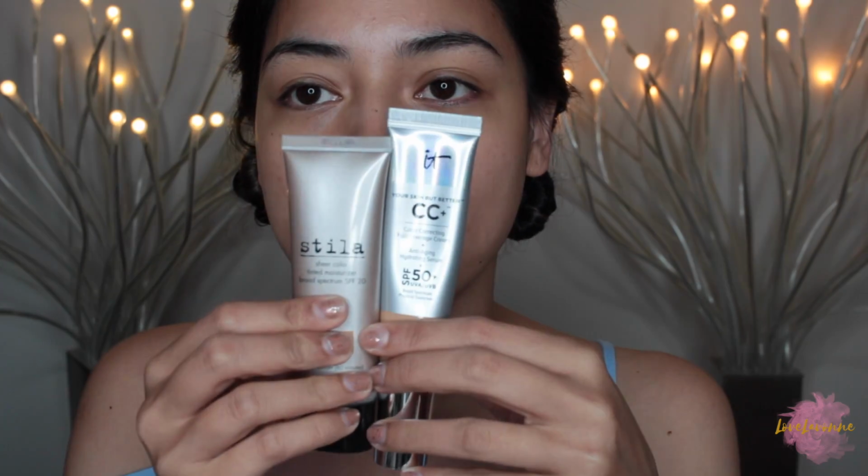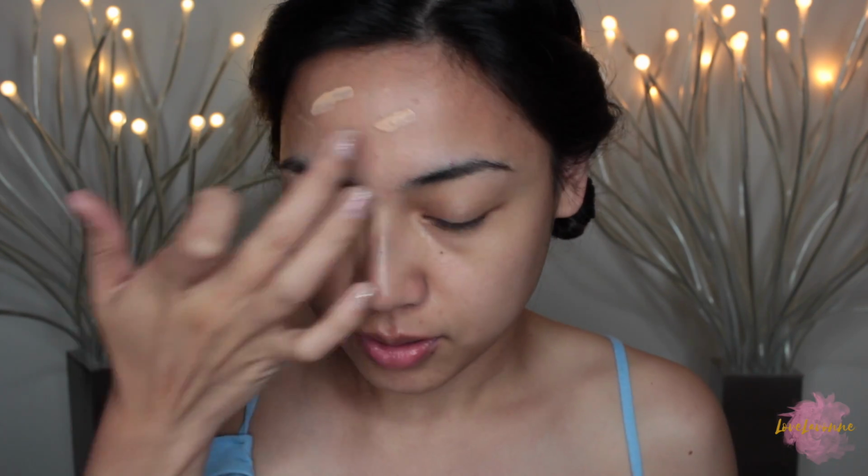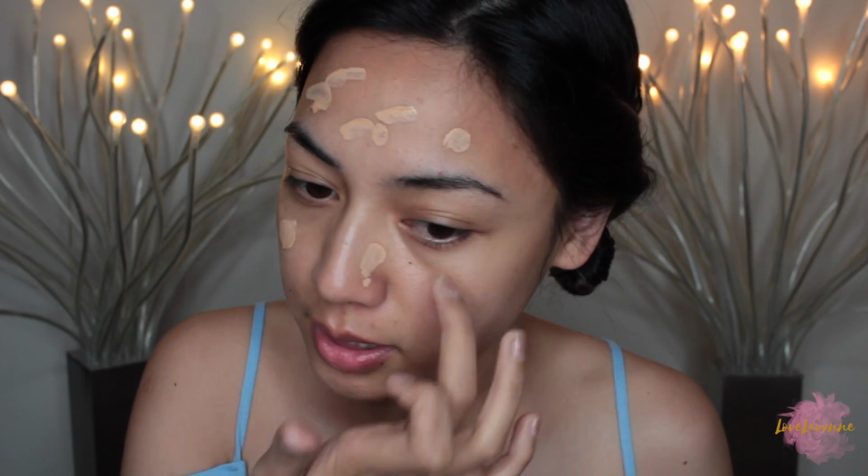So these two are my combination right now. This is in the shade medium because I'm trying to get tan for summer, and this one is in medium tan, a little darker. So let's start. I'm just gonna put a decent amount of it like that. Just tap tap. By the way, I have already put moisturizer on my face,